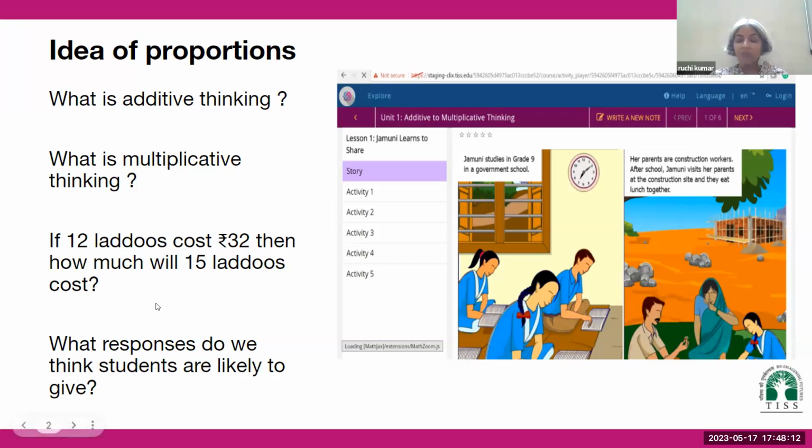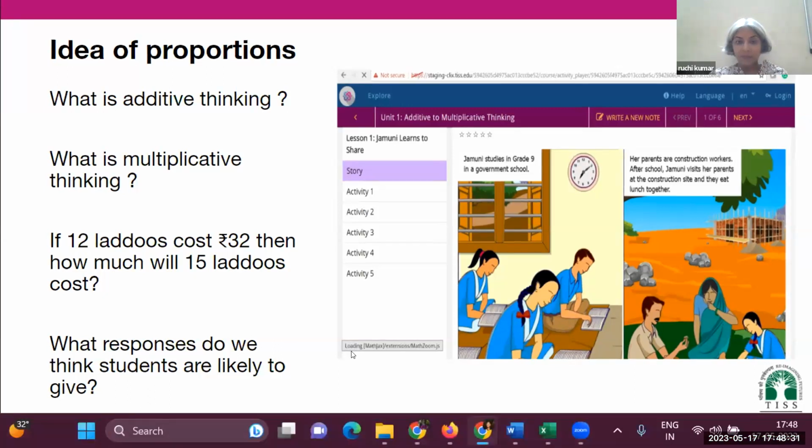Now, which method do you think is easier for the students to understand? Which method is easier? Any responses? Manikantha, would you like to share? Ma'am,